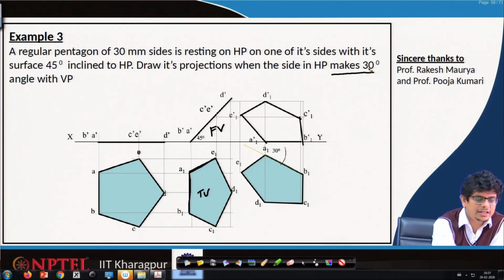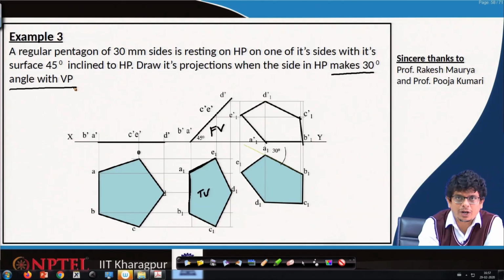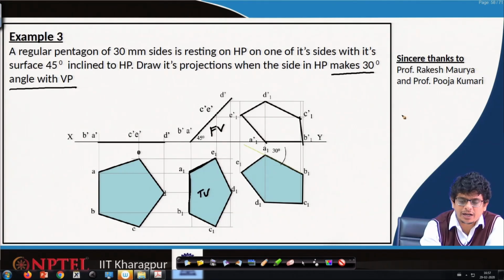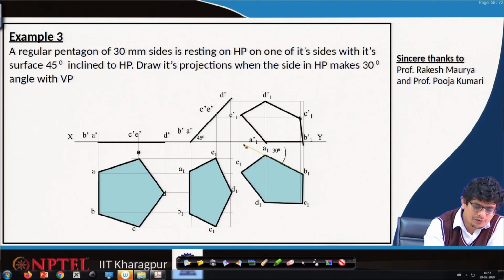Whatever that side, if it is making any angle with the vertical plane, we will see it in the horizontal plane. So, that angle we will align. The side, let us consider A1B1 side, we are going to pick it, align it at a 30 degrees angle from the horizontal plane,